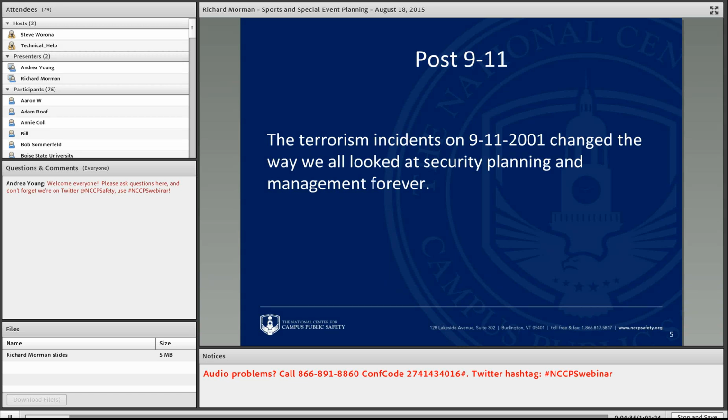Steve mentioned already in his opening the terrorism events on 9/11 and the way we all looked at security planning and management. That really changed after 9/11. And I know a lot of us struggled with how to manage that and what to do with it. And as a result of those incidents and other information that's happened,